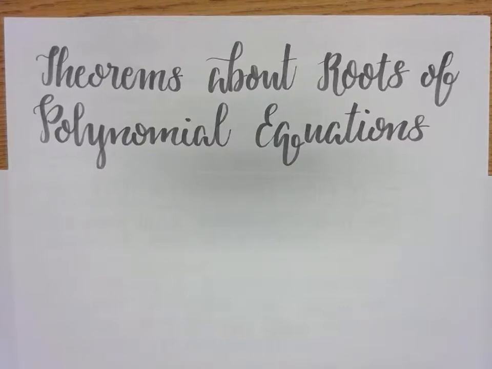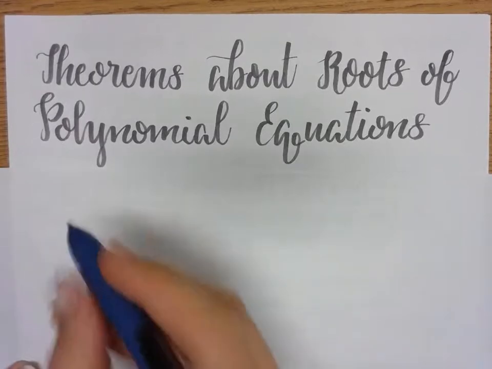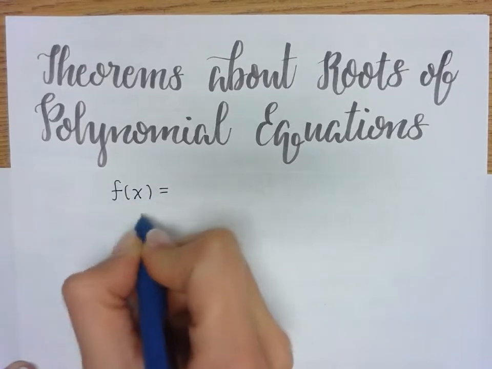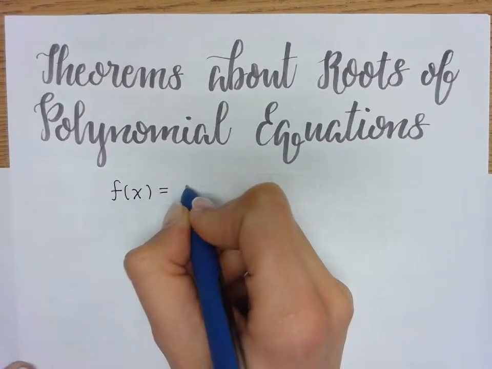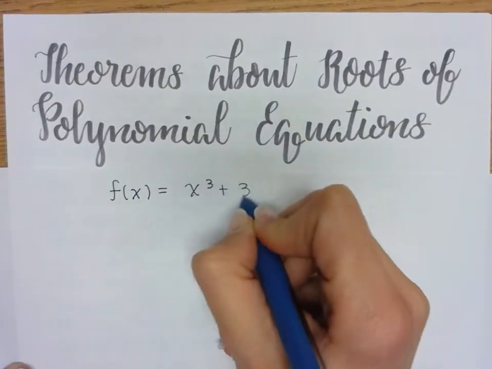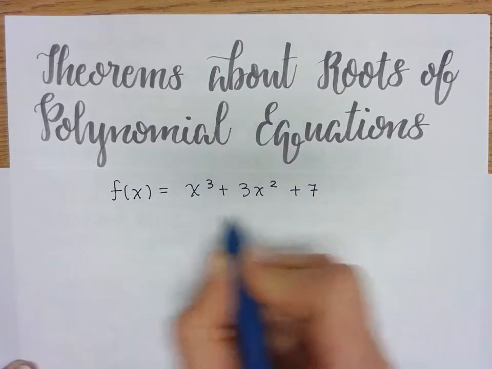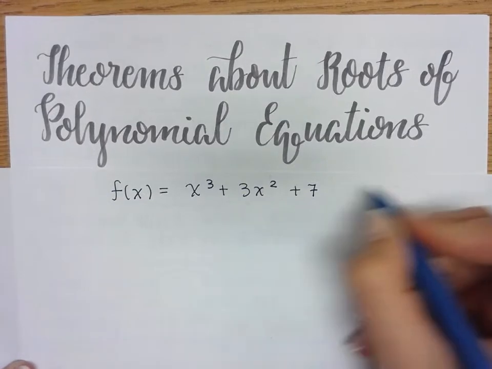All right, we're going to have a little lesson right now on theorems about roots of polynomial equations. So right up until now, we've been working with polynomial functions and polynomial equations. What's the real difference between a polynomial function and a polynomial equation is that a function is referring in the form of f of x, and you might have something like x cubed plus 3x squared plus 7. We're talking about the function, we're talking about the graphs, the inputs, the outputs, but a polynomial equation might be